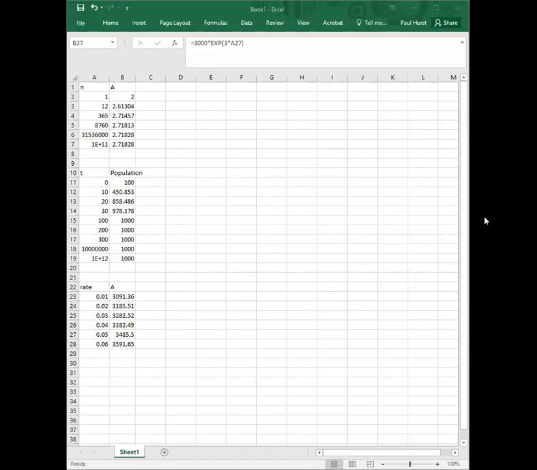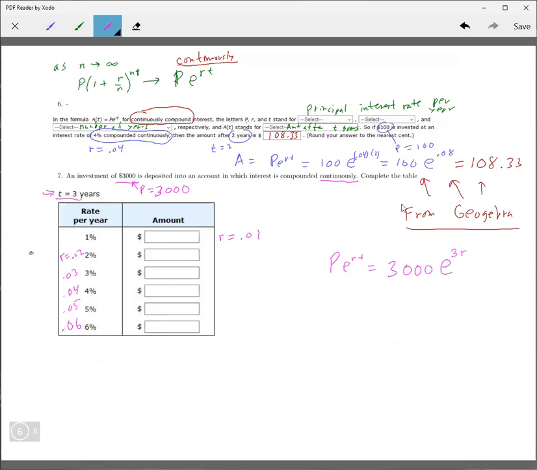Let's go back and input those. Okay. And so this is from Excel. Okay. Use exp of, and then I had, what did I have? 3 times. I used the times button. And then I had A23 or something to get all these different values. Okay. And then scroll it down to get the different values. So